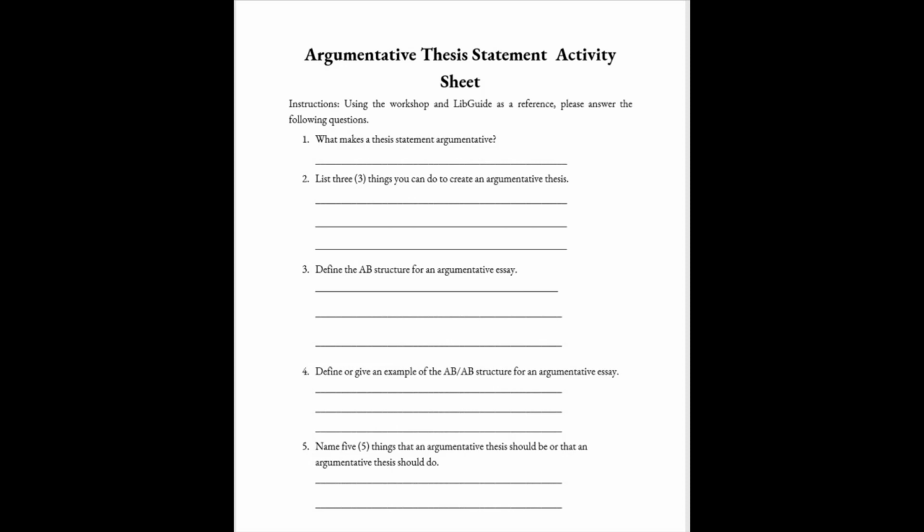The AB structure has a clear delineation between the initial argument and the counter-arguments that will be addressed. Define or give an example of the AB-AB structure for an argumentative essay. The AB-AB structure addresses counter-arguments as the argument is raised. Keep this in mind. Name 5 things that an argumentative thesis should be or that an argumentative thesis should do. Keep in mind the qualities discussed earlier, such as how the thesis is to be structured, or how it should